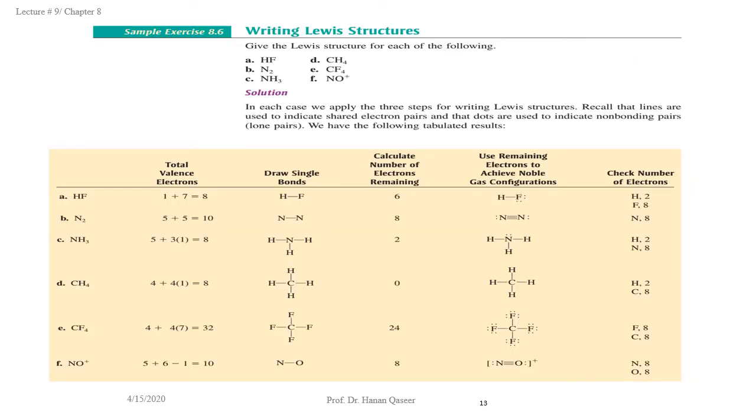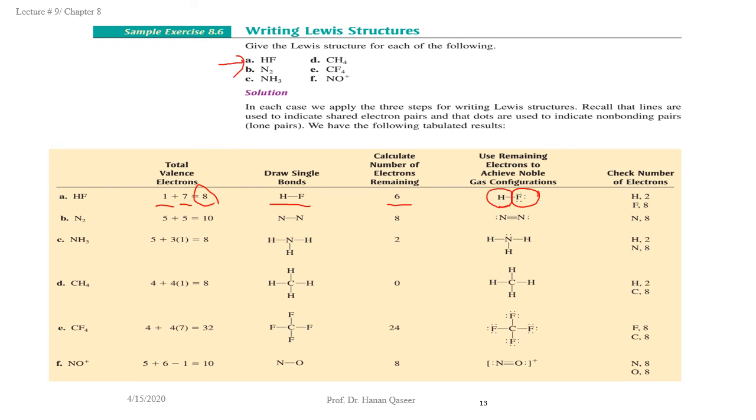In this slide here we have a sample exercise writing Lewis structure. We have a table showing how we write the Lewis structure for several compounds. HF is a very simple one. We have to calculate the number of valence electrons: hydrogen 1, fluorine 7, 8 electrons total. We make a bond between H and F, then we use 2 electrons for bonding. 8 minus 2, 6 electrons remaining. Fluorine atom needs 6 electrons to be octet, then we put these 6 on F and hydrogen with 2 electrons is